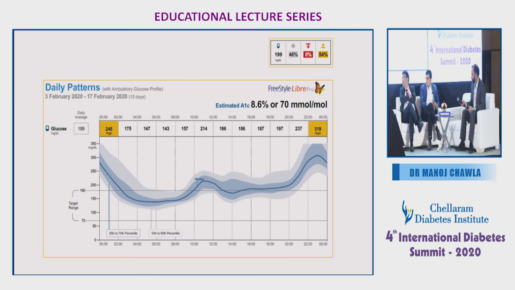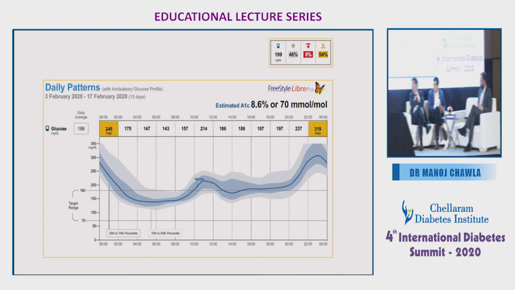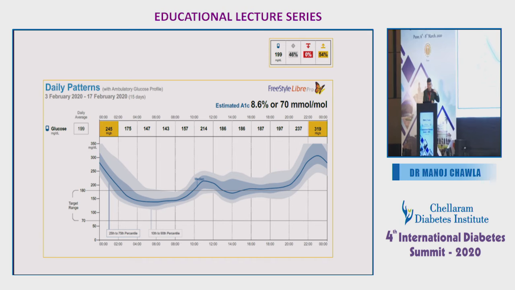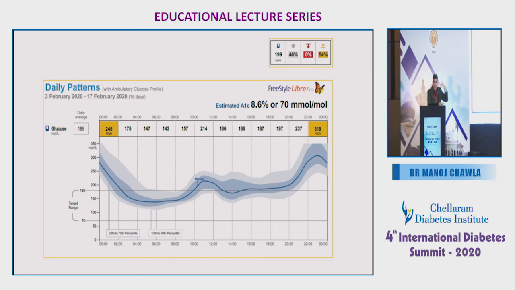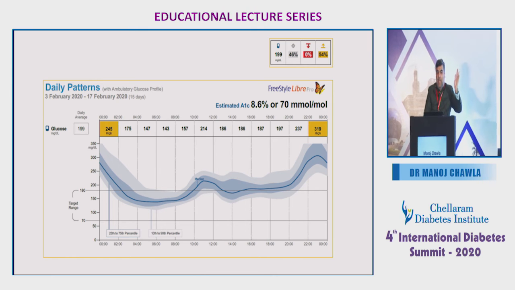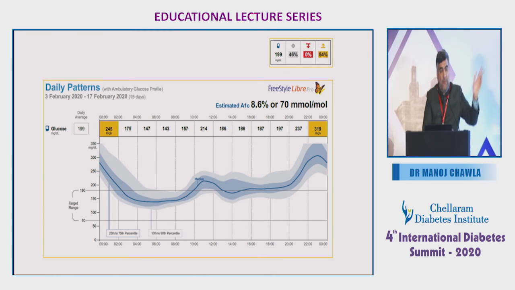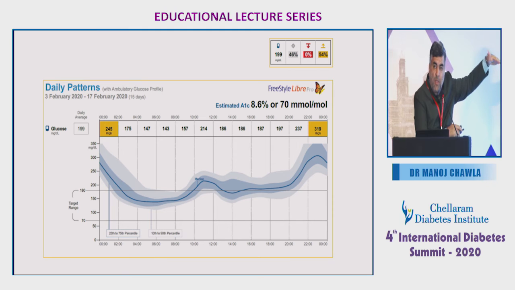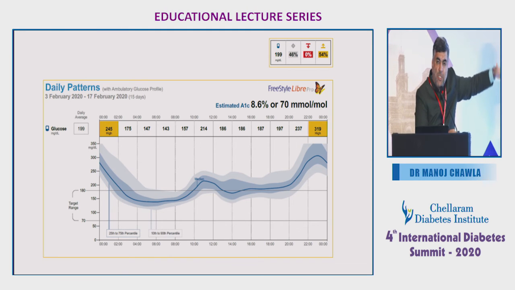Right. So in other words, if I was to just reduce the exposure for this patient, right? Somebody tells me this patient's sugars are way too high. The HbA1c is 9.2%, so I have to increase the dose. If I just blindly increase the dose of Tresiba for this patient or increase the oral dose, that means I'm trying to get the whole thing down. What will happen if I bring the exposure down?